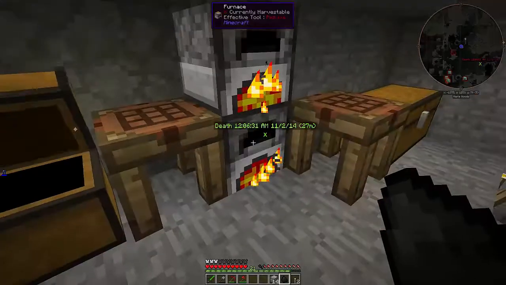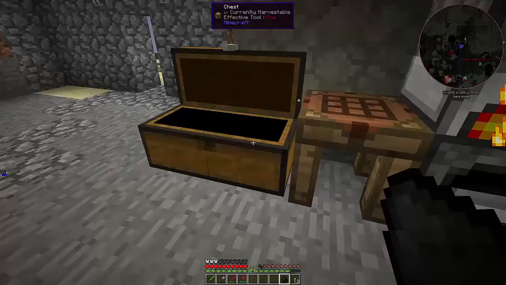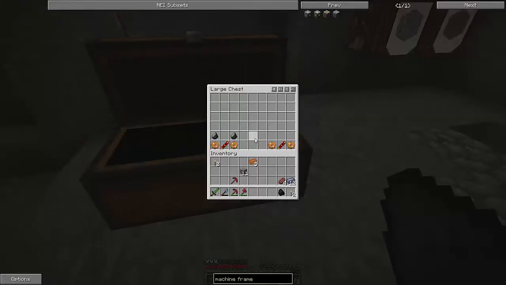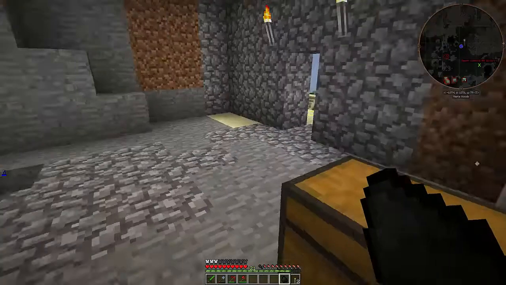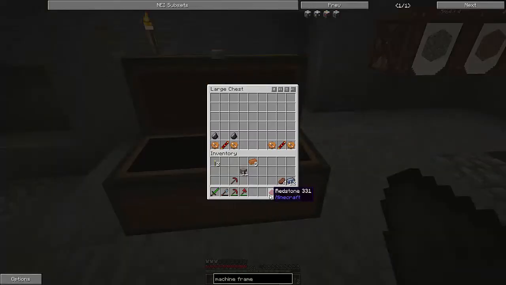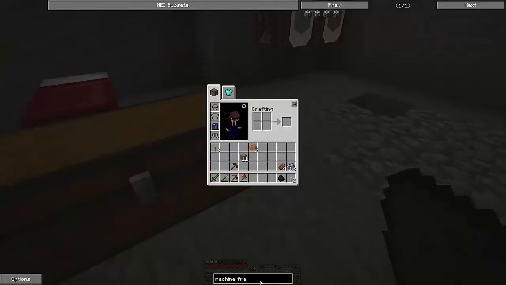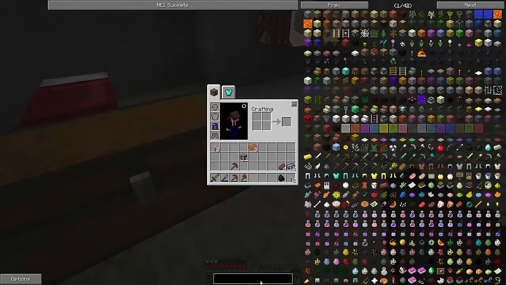So we're going to need 2 machine frames, so we'll just put that many in there, and we'll put you in there. 27 blocks of gold, man. That's awesome to start with. Okay, we also needed 1 of those for here. Okay, and what? Okay, so